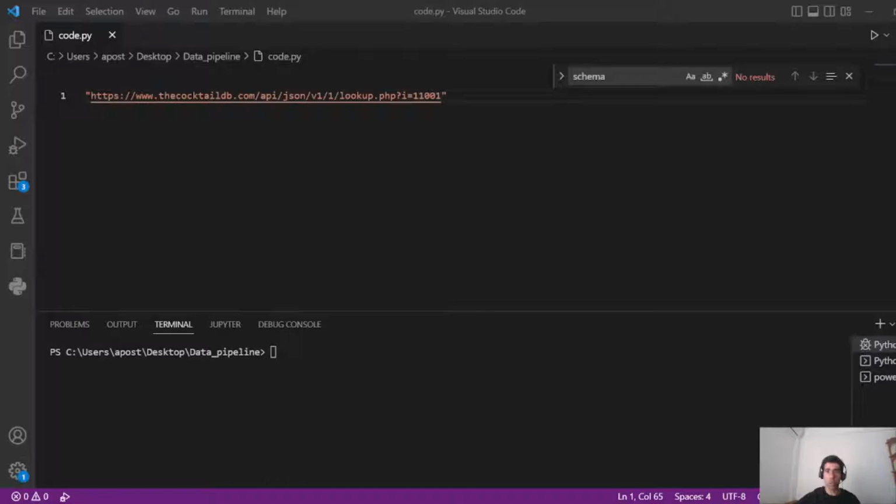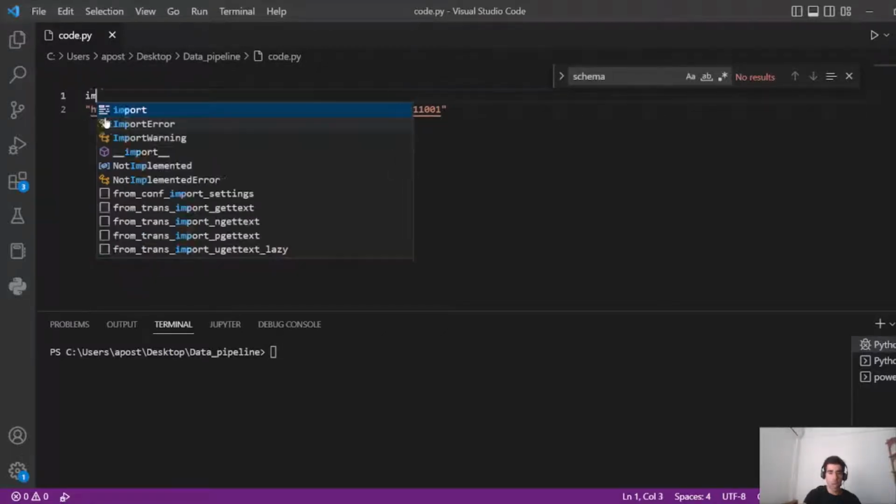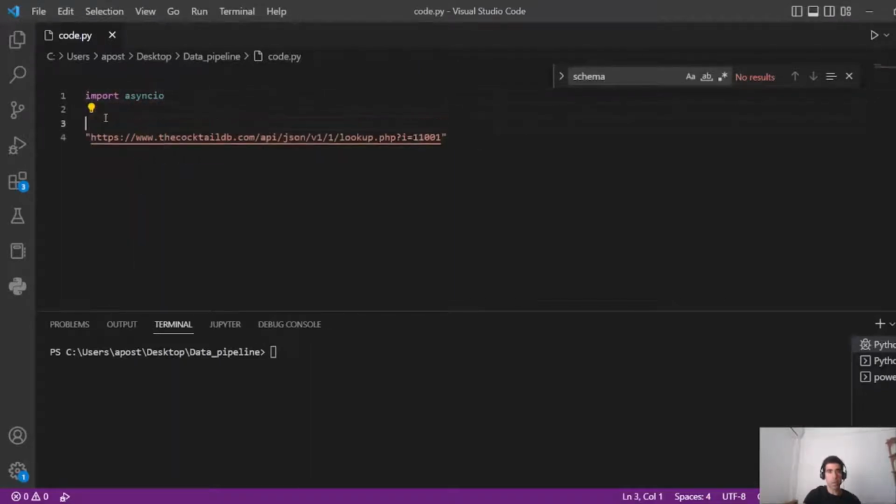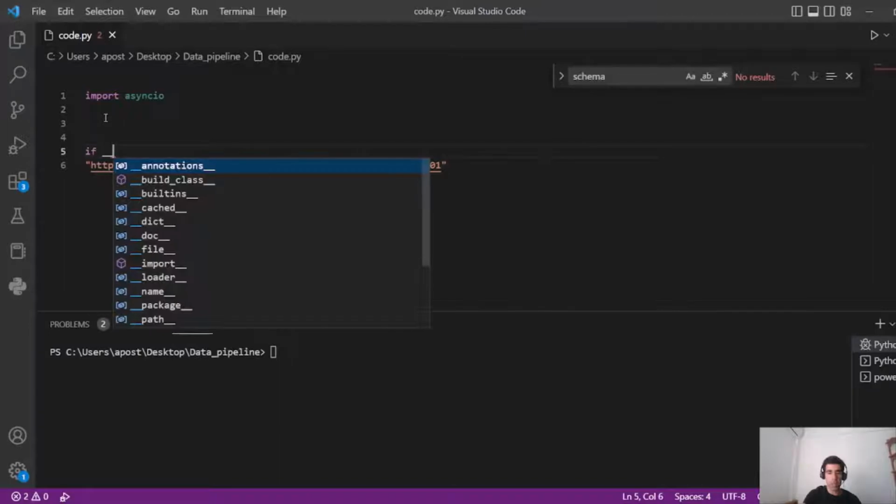coding. So this is the public API. It's https://www.thecocktaildb.com/API/JSON, etc. And here at the end is the ID of the cocktail you want to download the data from. Of course, we're going to download data for multiple cocktails, not just one, and that's why we're going to use Asyncio. So the first step is to import the Asyncio library, and let's say